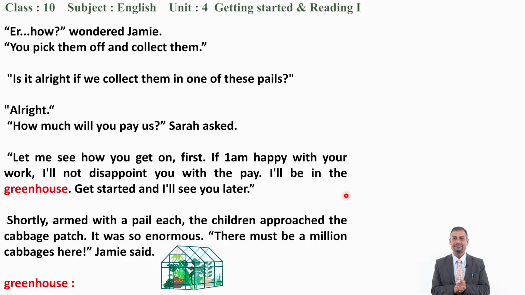Okay. Now another question for you, then where would be the man while they were working? Can you tell me? All right, the man would be in a greenhouse. Okay. Now then after, what did the children do there? Good job, dear students. They collected the pail. You know, it's a kind of pot where they can collect the caterpillars and keep in. Okay. So the children approached the cabbage patch, means the area where the cabbages were there. And then when they reached, they approached the cabbages. At that time they were shocked.